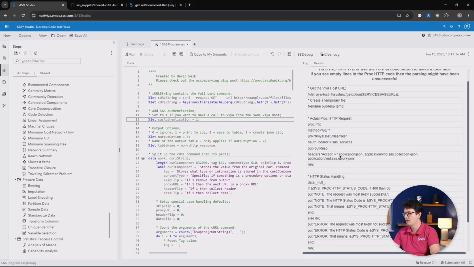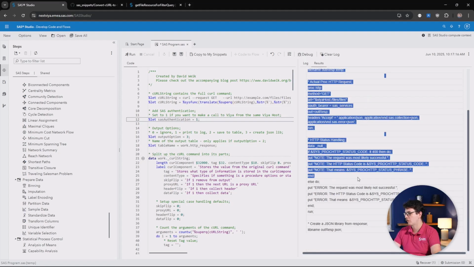Next up, you can see we've lost the header in here, but we have gained this oauth bearer equals sas_services entry. This is here now to use the implicit authentication that you already have within your SAS session to authorize against the API endpoint as well. This dramatically speeds up your time to using the APIs, making it a lot easier to use. You now just have to copy over that code